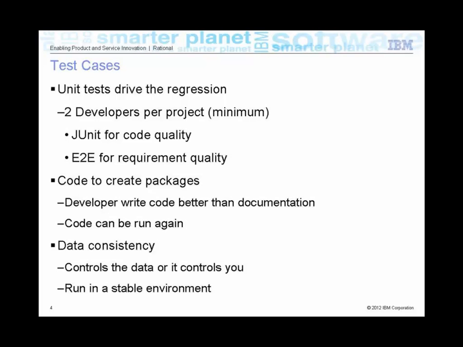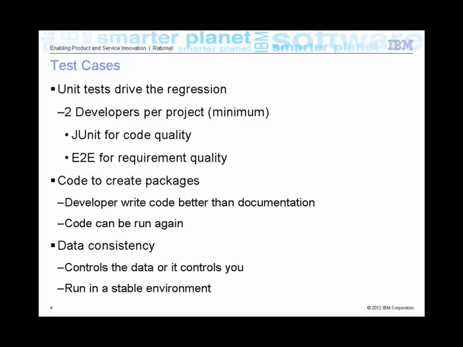For my project, we have 2 developers per project minimum. That means for no matter what size the project is, if it has a UI component to it, that particular project must have 2 developers assigned to it. One developer is in charge of creating the actual project, fixing something, adding functionality, whatever the client has requested. The other developer is writing the regression at that point for the first developer.